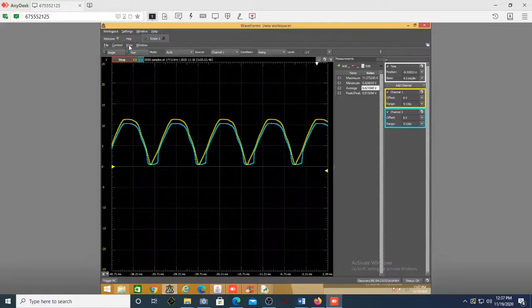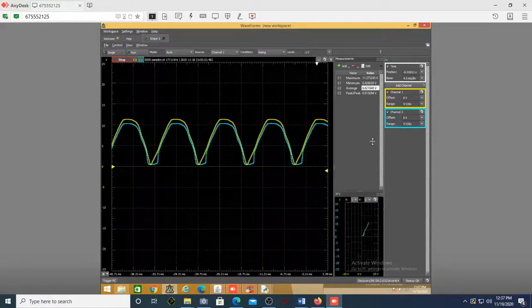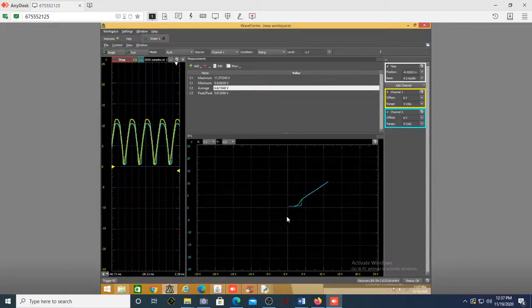If I just add this XY, can you see, has it become constant? It hasn't become constant at all. It is still in that linear part. It has not become constant. Why it has not become constant is because the input voltage has not exceeded the minimum. This is one interesting observation here.